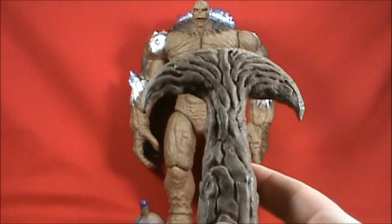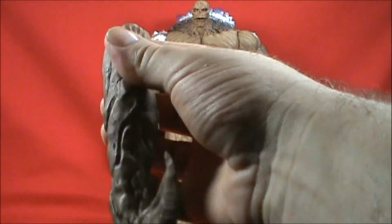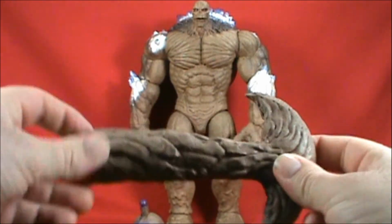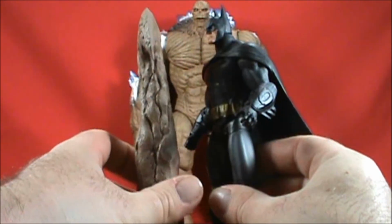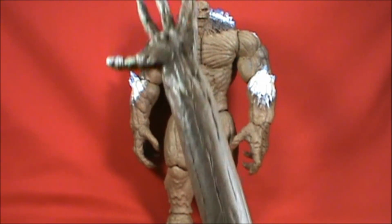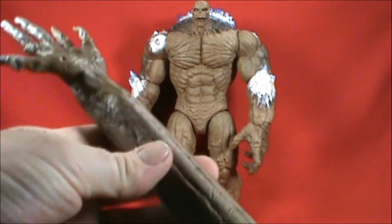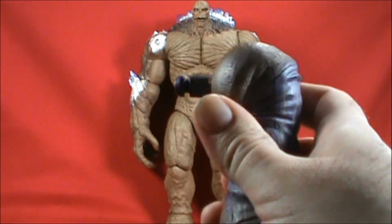And like I did show you, he comes with his sickle that goes on his right arm. If I have that right, yes, his right arm. There's no articulation here. It's a really hard plastic that you can kind of see here that is as tall as Batman is. That tells you the size of what Clayface is going to be. And then the rubber type of an arm, which is as long as Clayface is, granted my perspective is a little off here. So the articulation, in this one there is the ball and socket that works right here,